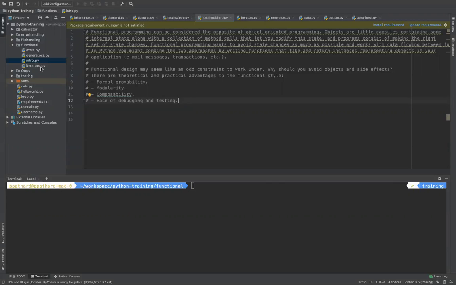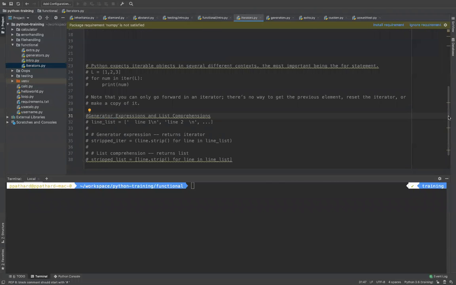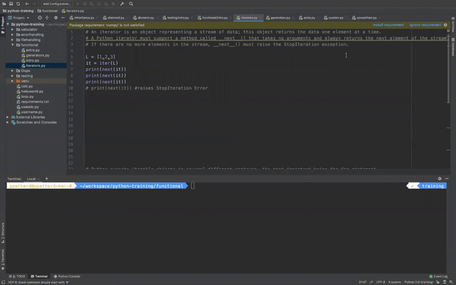Before going into the actual concepts, some of the foundational principles of functional programming, we'll talk about something known as iterators. In Python, and in some of the interviews also, they concentrate on this. So what are iterators? An iterator is basically an object in Python which represents a stream of data. A list is a collection of data, but it is not a stream of data, right?